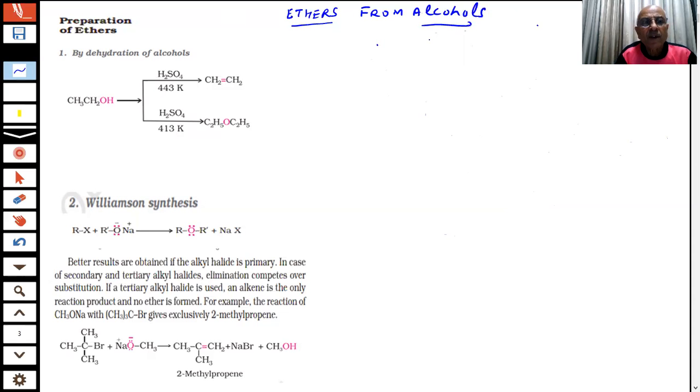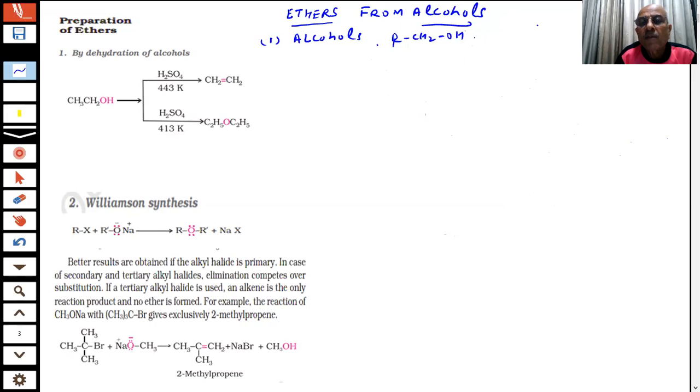Here I have represented a very important reaction, students. This mechanism will also be asked in the paper. We are aware that alcohols undergo dehydration in the presence of protic acids. We are aware, students, that alcohols like RCH2OH